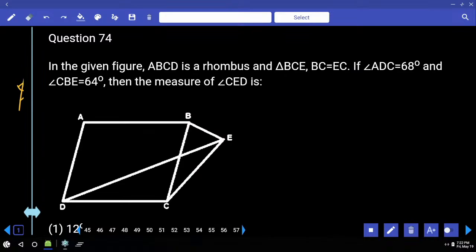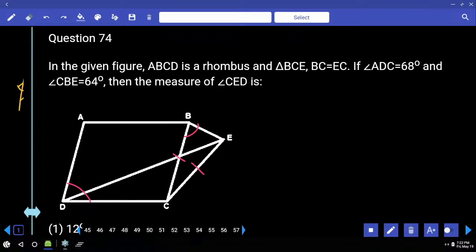In the given figure, ABCD is a rhombus. Triangle BC equal to EC. If angle ADC is 68, CBE is 64,